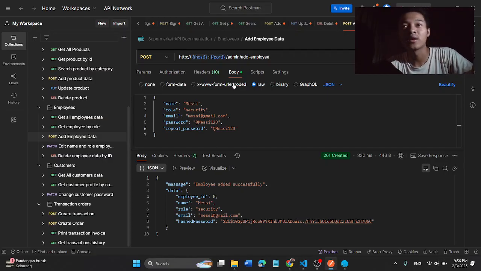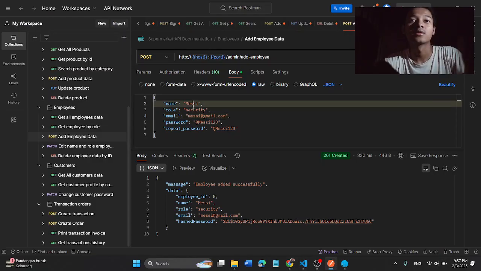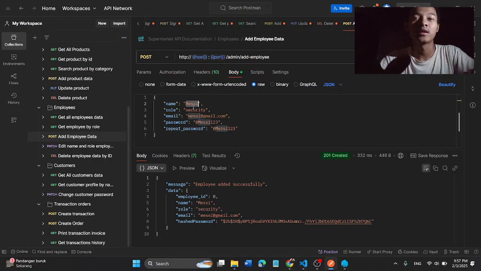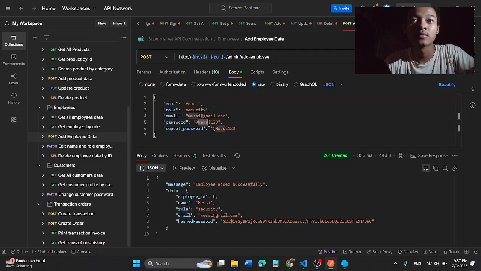But what will happen if we try to add an employee once again, but with the same email that already got credentials before? So maybe we just change the name into YAML, the role is still security. The password we change again into YAML.